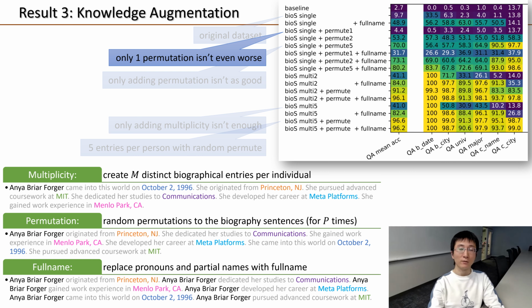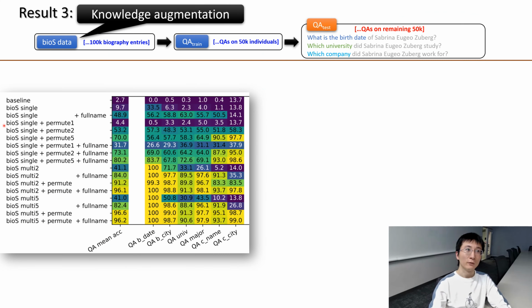So if you think about it, this is pretty striking because knowledge augmentation is actually a process about the pre-training. That is, it's about the pre-trained data. But the QA accuracy is a result of the fine-tuning process. So what I'm saying here is that the way you augment the pre-trained data will actually affect the downstream task